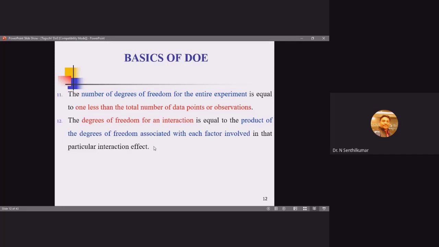Right. So this is for a main effect. The main effect means individually I am going to consider cutting speed. Individually, I am going to consider the feed rate. Individually, I am going to consider the depth of cut. What happens when I am going to combine these factors? There are two persons, person A, person B. Person A is doing one work. Person B is doing the same work in different time periods. So A takes 1 hour to complete the job and B takes 50 minutes to complete the job.